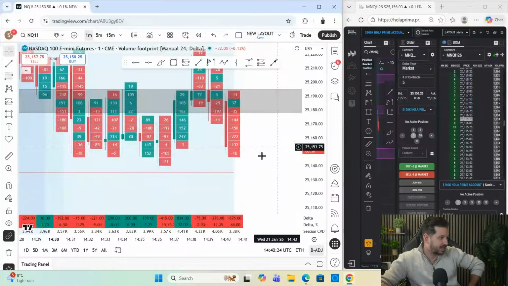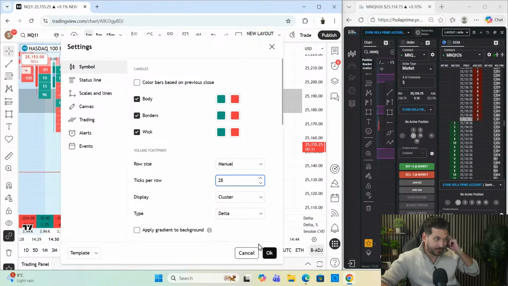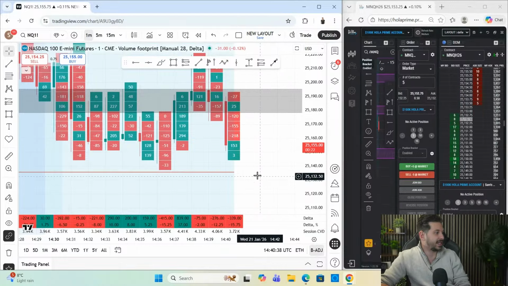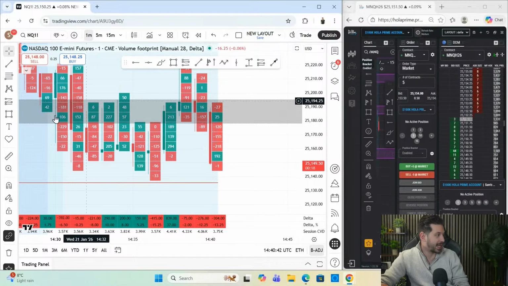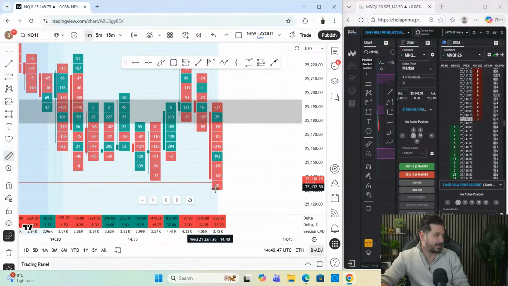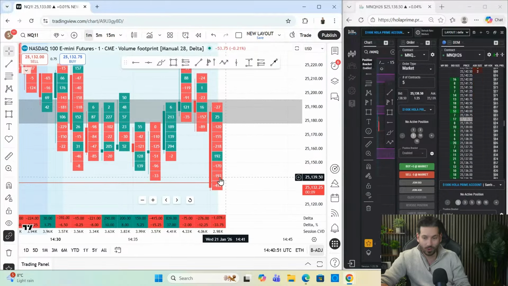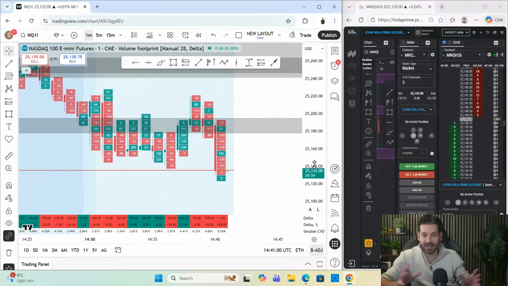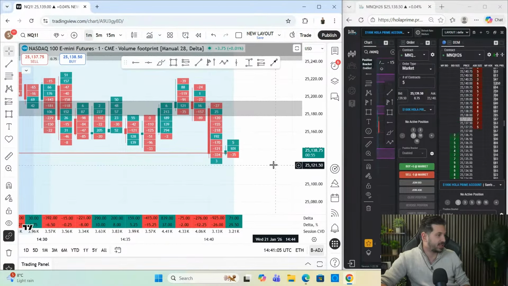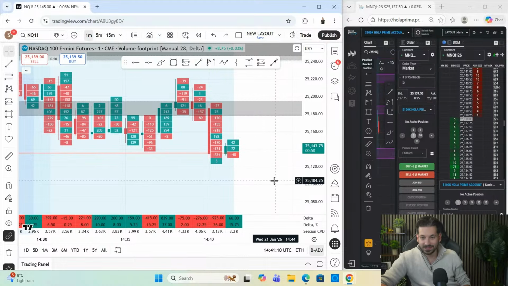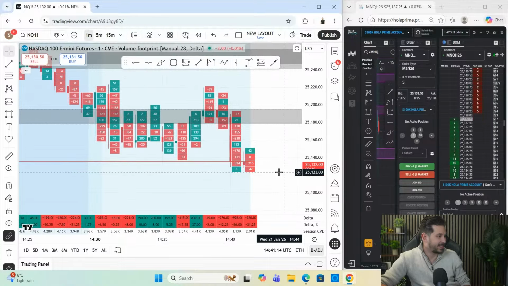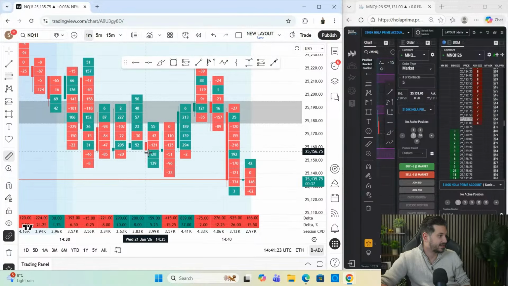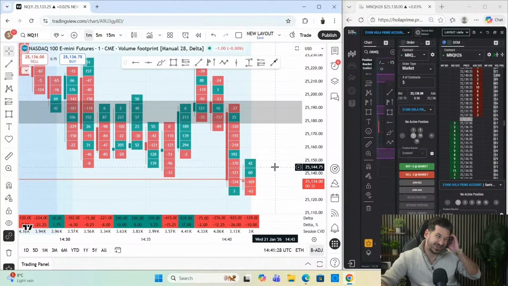Let's see. Man, these clusters are still tiny. I think I've set it to 24. Okay, so if you are trading, lower your size today. Deceivingly, the market's moving a lot. Each candle is actually a lot more than average. If we just measure, this candle's huge, but that's already 50 points, that 1 minute candle. So lower your size today. That's more for traders who have a standard entry size for all their trades. Today is one of those days you want to lower your size a bit because it's moving a lot. Each individual candle is pretty big. Even on average, if we just take an average candle, that's 30 points. So yeah,